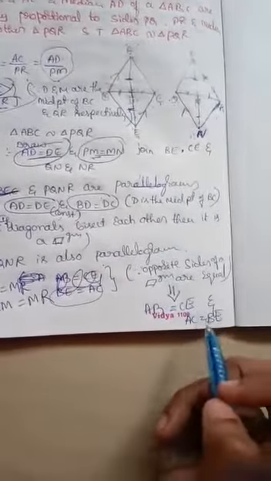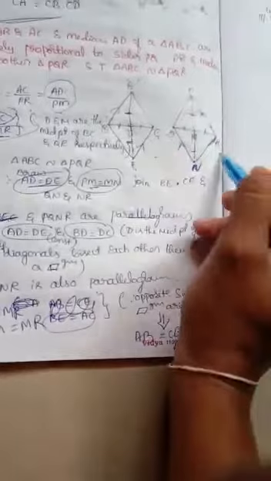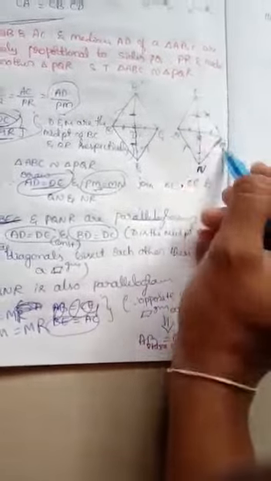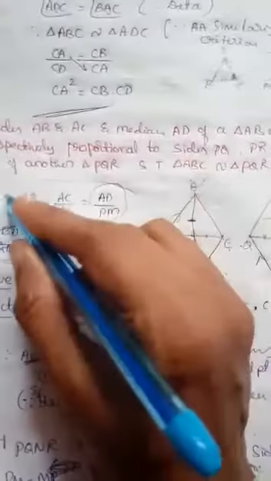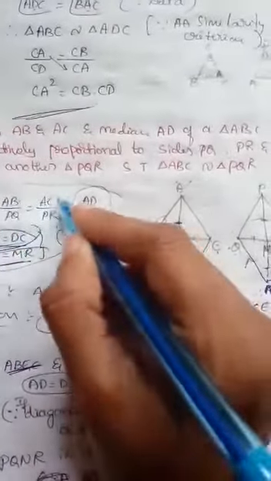AB is equal to CE and BE is equal to AC. And PQ is equal to NR, QN is equal to PR. By taking the data, we have to prove that the data says AB by PQ, AC by PR and AD by PM. Write it as it is.